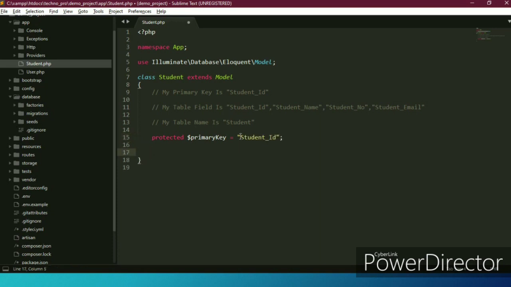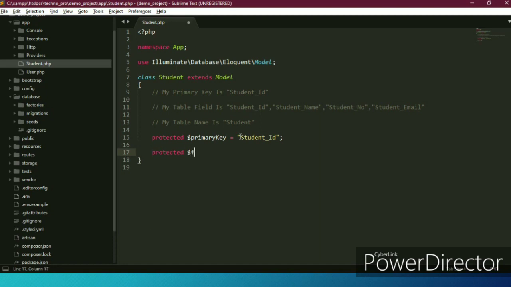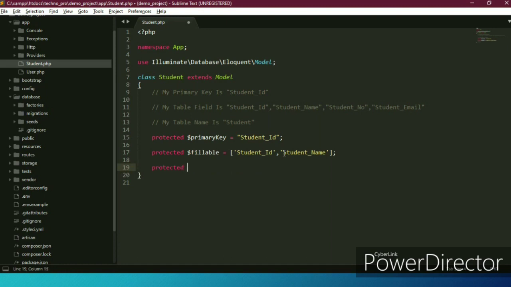Now the second variable, which is fillable or guarded. I am using fillable, and I want to pass two fields, which are student ID and student name. The third variable is table name.